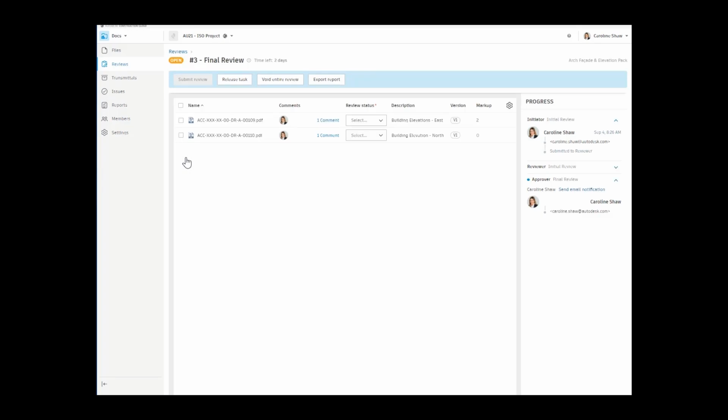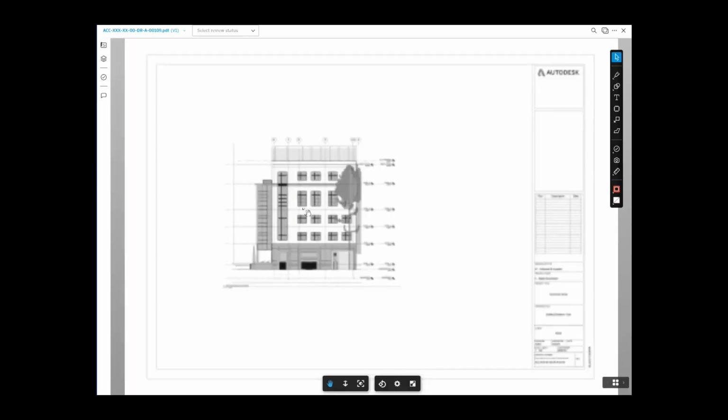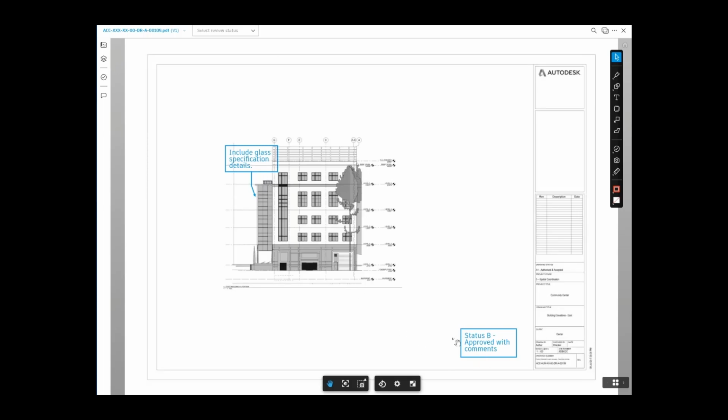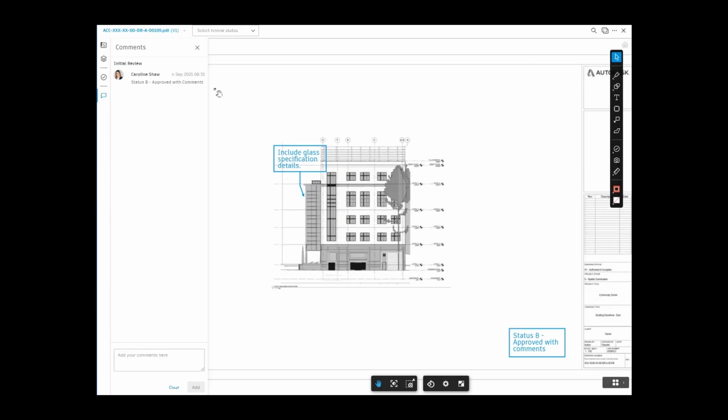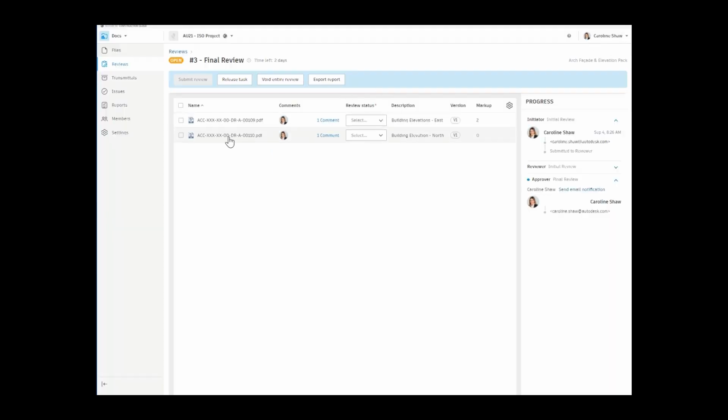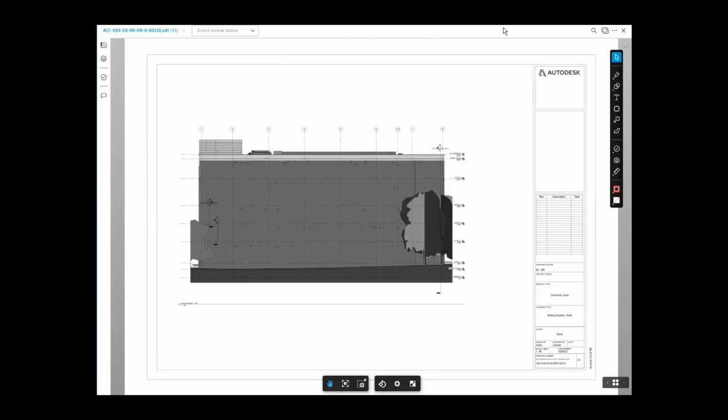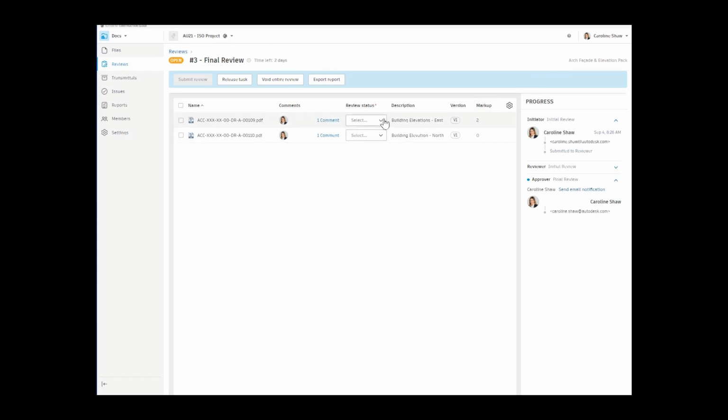I can see the files contained within the review. I click Start Review. Here I can see I have two markups on file 109 and a text comment. And on file 110, I have a text comment also. I then open each file individually to review any markups and text comment added by the reviewer or reviewers. Once I have consumed those comments, I assign applicable status to each file individually, or I can do this in bulk,